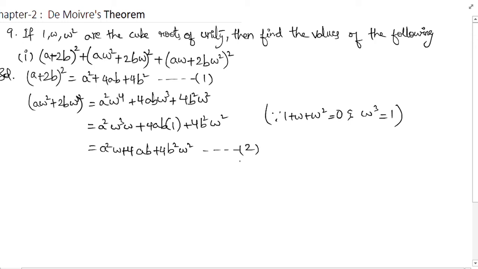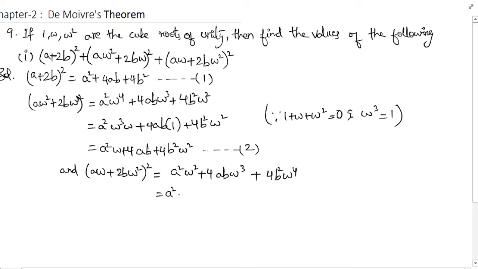So remember these two. And the third one, (a omega plus 2b omega square) the whole square is equal to a square omega square plus 4ab omega cube plus 4b square omega power 4, which is equal to a square omega square plus 4ab plus 4b square omega. We'll consider this as the third one. Now, by adding